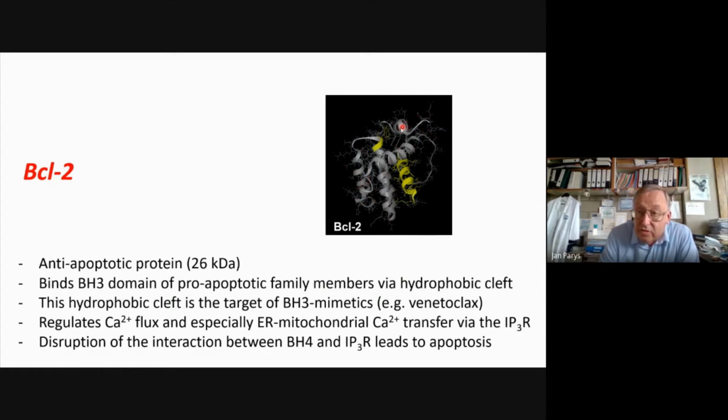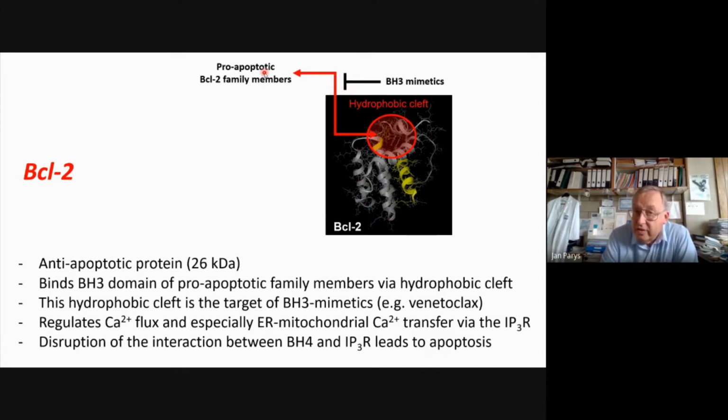In short, BCL2 is a relatively small protein containing a hydrophobic groove. This hydrophobic groove binds and inhibits the pro-apoptotic family members of BCL2. BH3 mimetics, because the binding is to the BH3 domains of those proteins, will also occupy this groove and so antagonize the binding of those pro-apoptotic family members and lead to apoptosis. And BH3 mimetics, like venetoclax, are used in the clinic to evoke